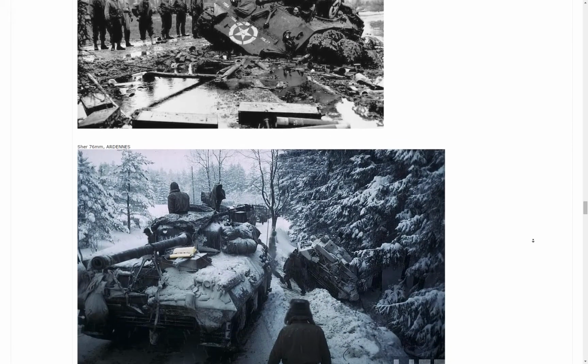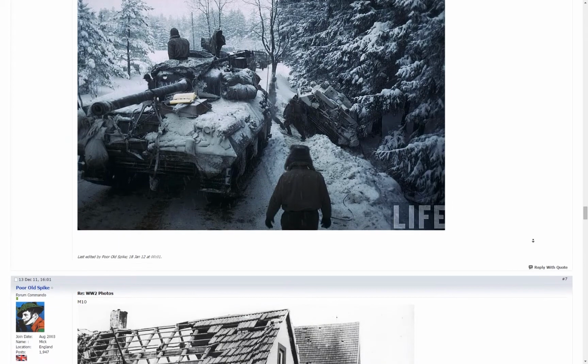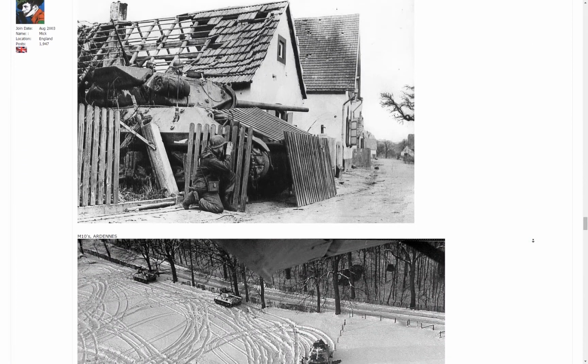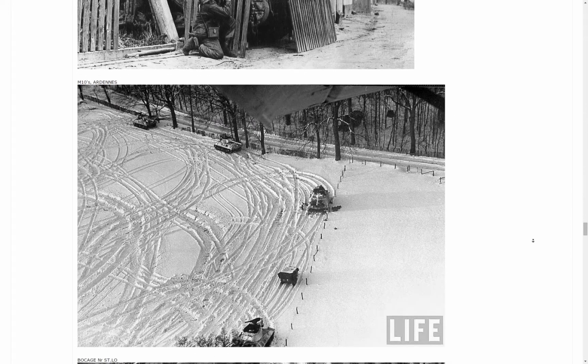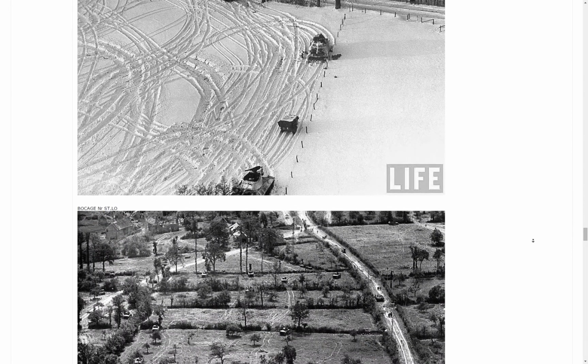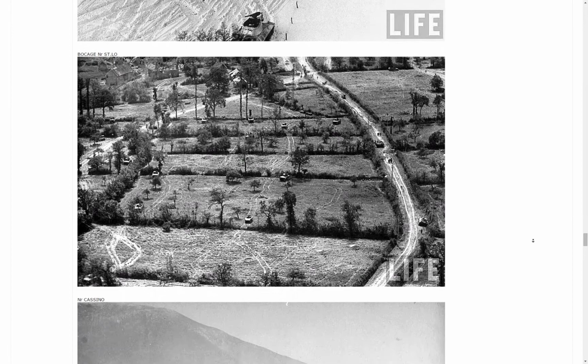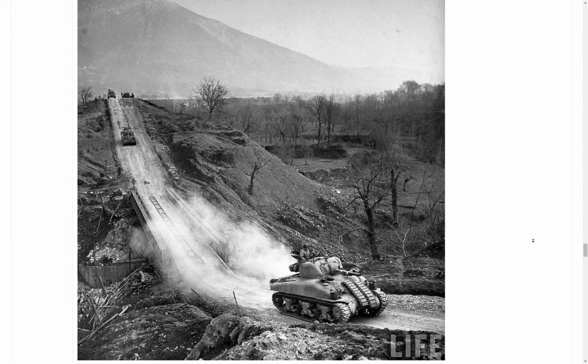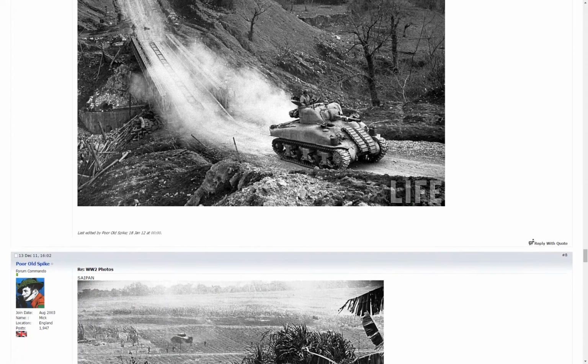Perhaps these have appeared in books you've seen, or on other websites, but I've never come across these before, and I've spent far longer than I probably wanted to initially looking at this forum thread. It's absolutely fascinating. There's some stuff out in the Pacific, no doubt in Japan. It's got everything in it, absolutely everything, and I did manage to come across a picture of a Cromwell that